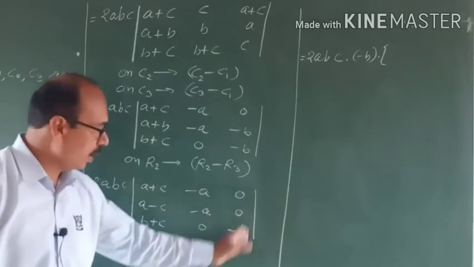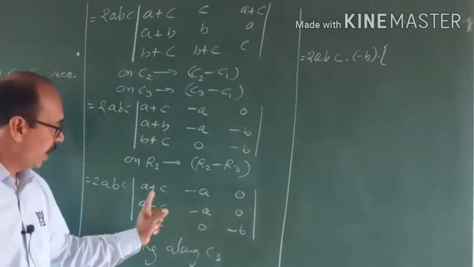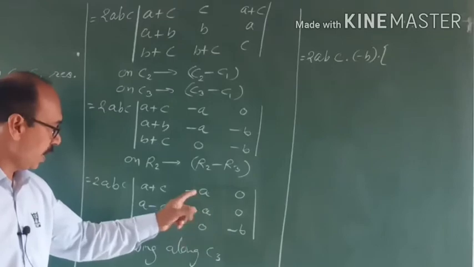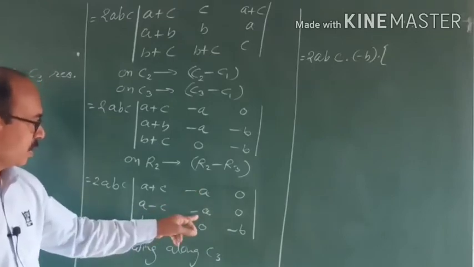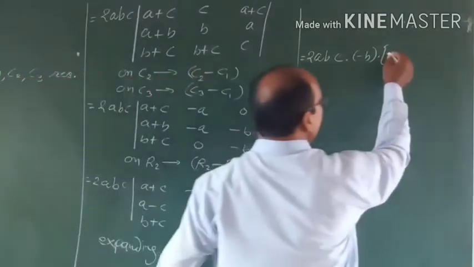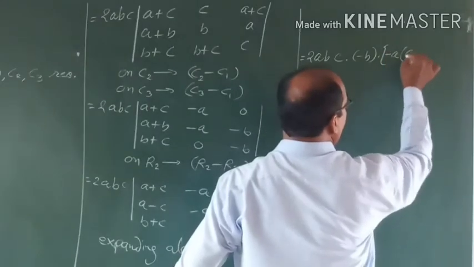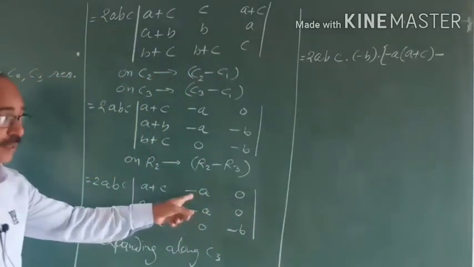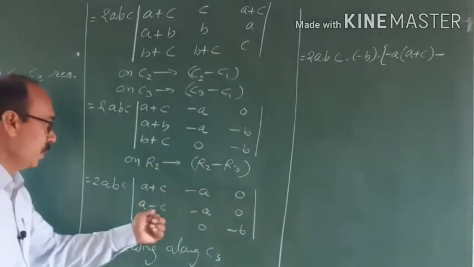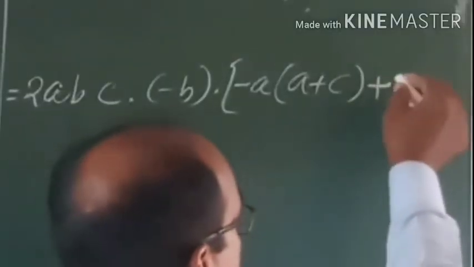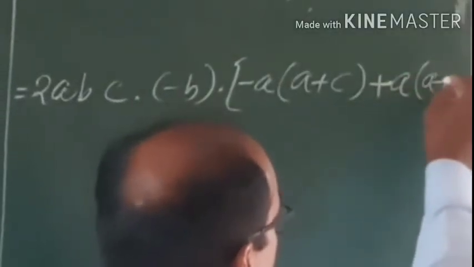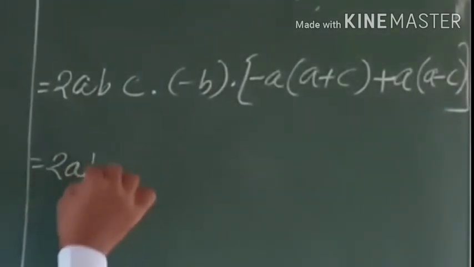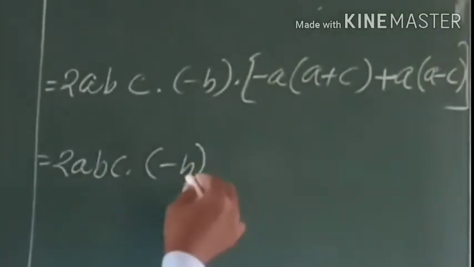So third row and third column related: A plus C into minus A, minus A into A plus C, minus A into A plus C, minus A. So once again minus minus plus, A into A minus C. So it will be plus A into A minus C, the big bracket also closes. Open this bracket. 2ABC is still as it is, this is minus B as it is, and